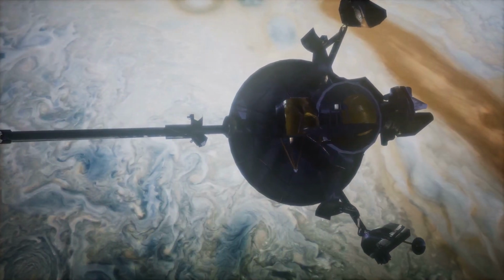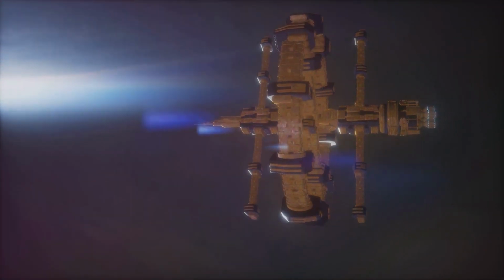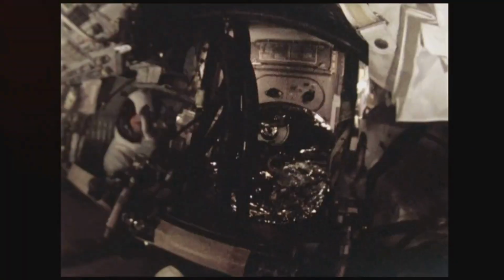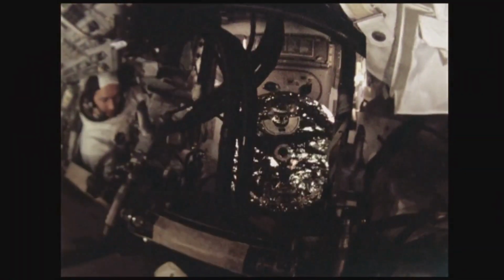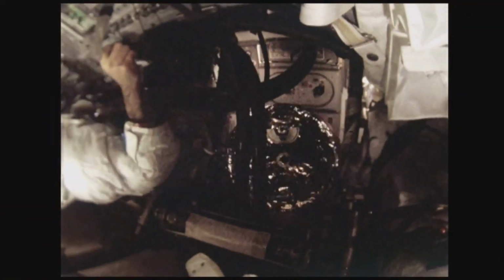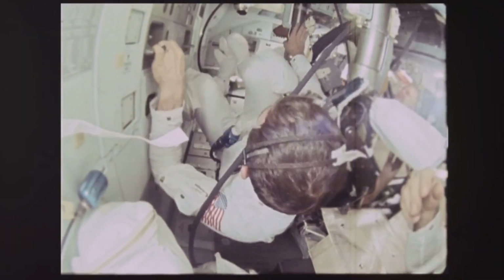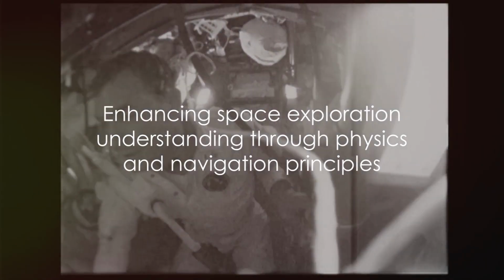Next, we discussed the fascinating concept of gravity assists, a technique that uses the gravitational pull of planets to propel spacecraft further into space, saving fuel and time. We also touched upon the importance of course corrections, small adjustments made during the journey that ensure the spacecraft stays on its intended path. Spacecraft navigation might seem complex, but it's all about understanding the laws of physics and using them to our advantage. So, the next time you look up at the night sky, you'll have a better understanding of how those distant spacecrafts navigate the vast expanse of